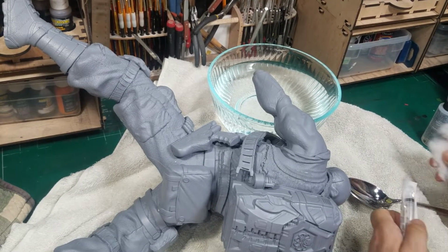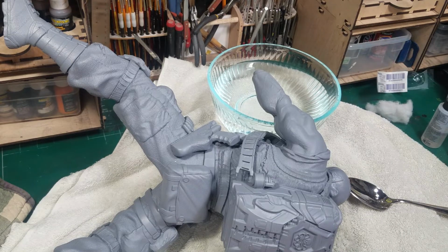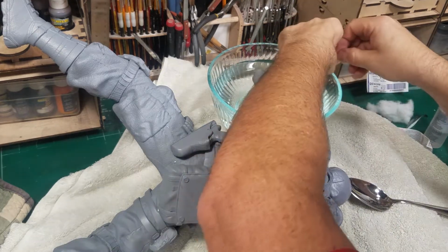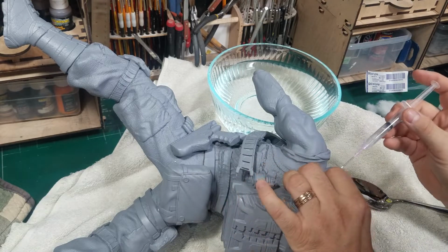Okay, so I went and put this in the microwave for about 5 minutes, and I forgot that I had some syringes for some medication I used to take. So I'm going to actually use a syringe and inject it into the little glue joint and see what that does. This water didn't get to boiling, but it's freaking hot. There's a glue joint right